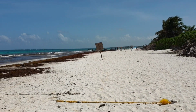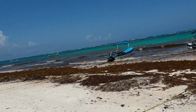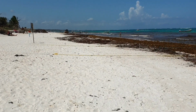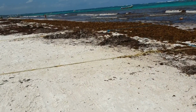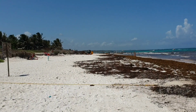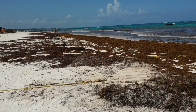So I was kind of speechless when I arrived at the Tulum beach because of all the seaweed that you see there all over, and it smelled really bad. It smells of rotten eggs, and I didn't really understand the full extent of it all, and I didn't really talk about it here in the moment. This is me after the fact, looking into it all